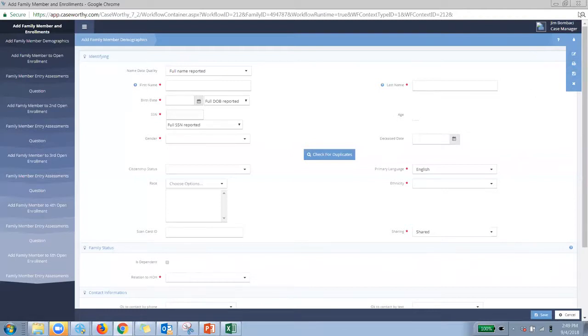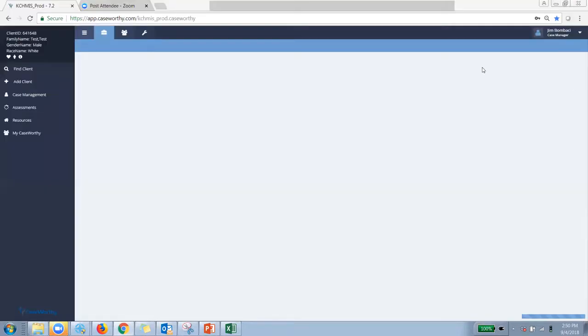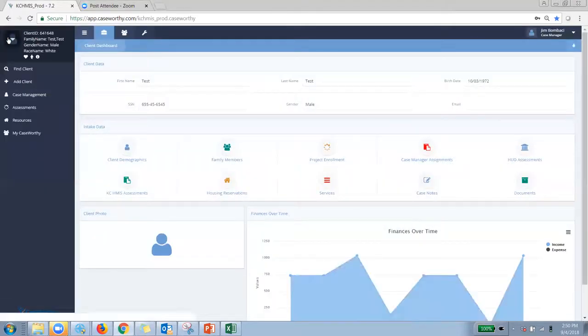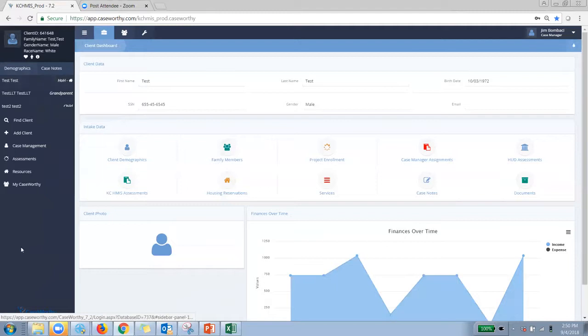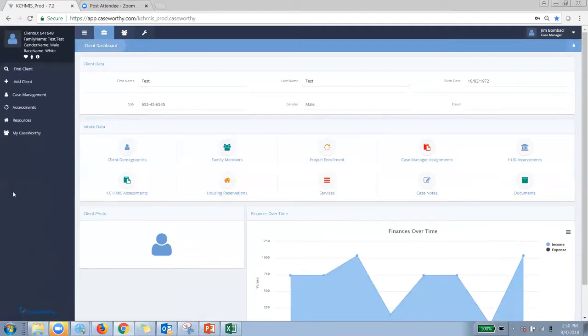Okay, but in this case, I want to exit the workflow because I'm not going to finish it here. Exit the workflow, it just brings you right back to where you were in the head of household's record of that household where you're going to add that extra person. Okay. Wait, so I have a question. Yeah. Just to reiterate, so when you add somebody,